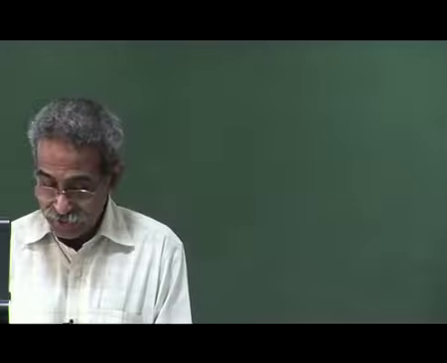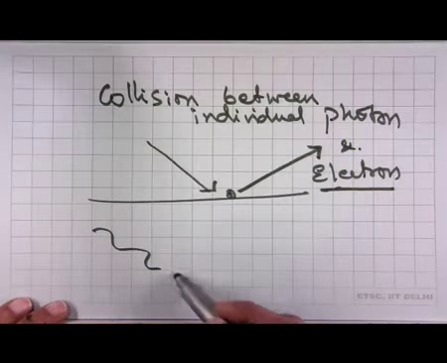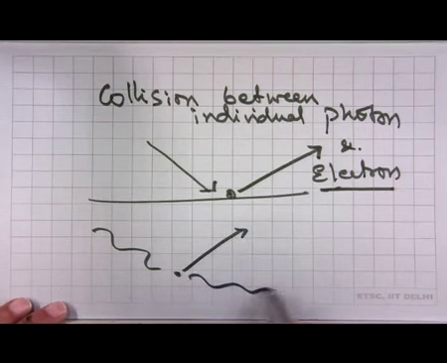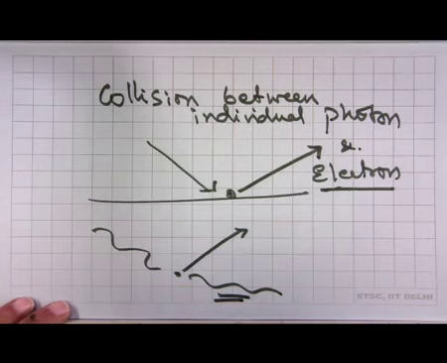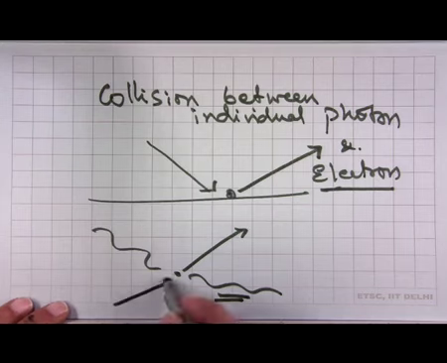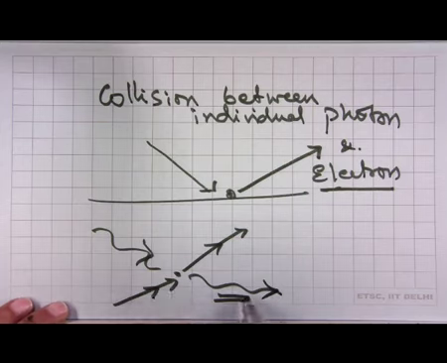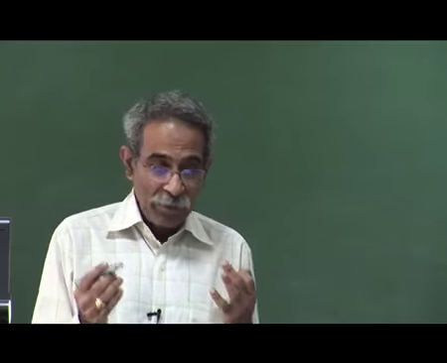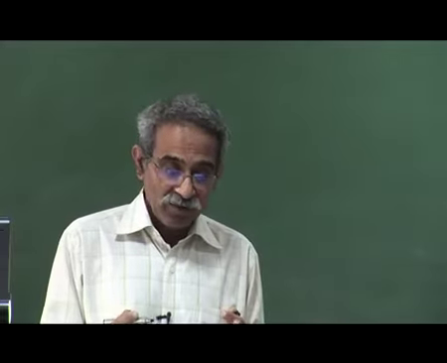So you can imagine a situation. A photon comes, my electron is here. Electron gets a part of the energy and the photon continues. So the energy of the photon will be depleted. That is perfectly possible. So this is what we call a collision. My electron is coming here, my photon is coming here, electron gets some energy from the photon, and the photon propagates. But complete absorption means this does not exist. All the energy is gobbled up by the electron. That is a very, very important assumption for us.